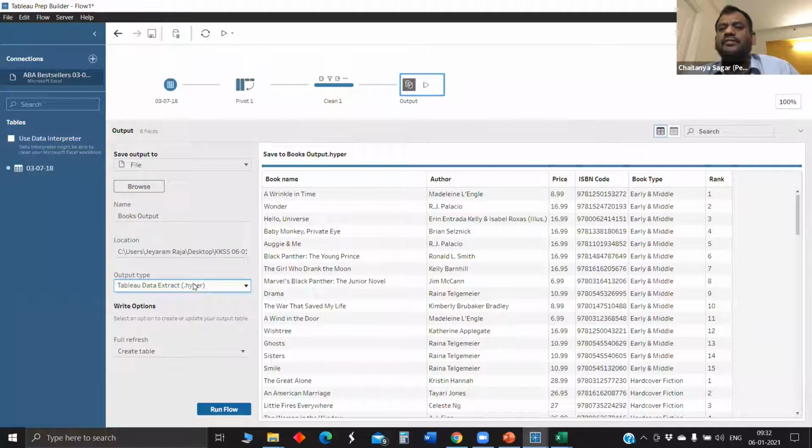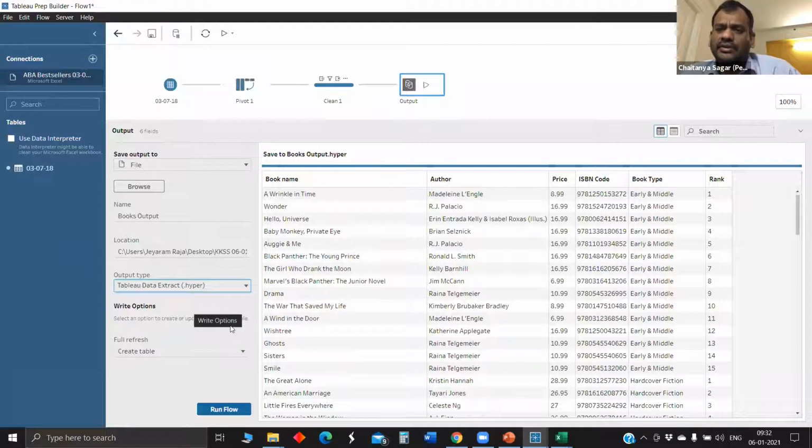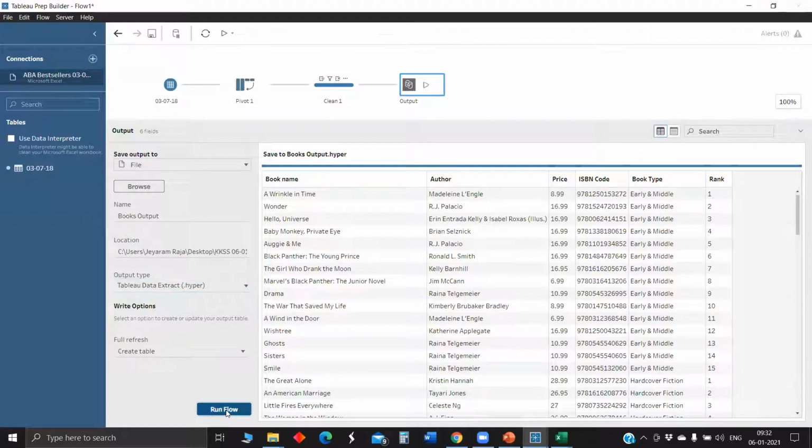Oh, you have to manually give .hyper? Oh, okay. It's automatic. Right now it is automatically Hyper, right? Yeah. Tableau data extract, it's automatically Hyper. Okay, got it. Understood. So once you run flow, it will be saved.